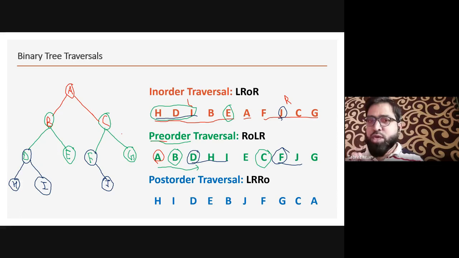Okay, so I repeat it again. Pre-order and post-order. These two sequences are used to find out which node is the root node. And the in-order sequence is used to find out which nodes are on the left subtree of a given root node and which nodes are on the right subtree of the given root. And it is quite straightforward. If you know the root node in in-order traversal,